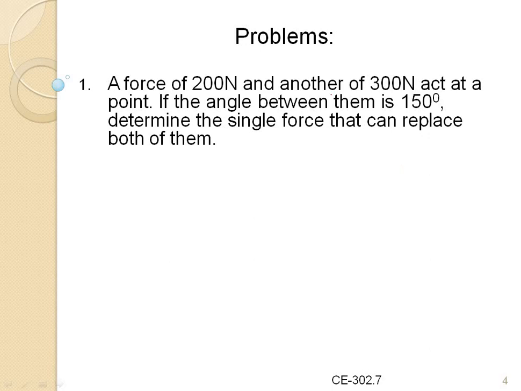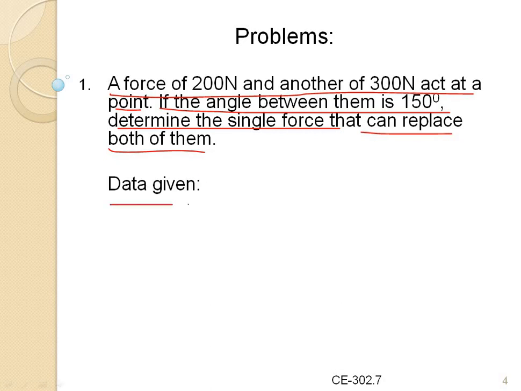Let us see a few more examples. A force of 200 newtons and another of 300 newtons act at a point. If the angle between them is 150 degrees, determine the single force that can replace both of them. So therefore, the data given,